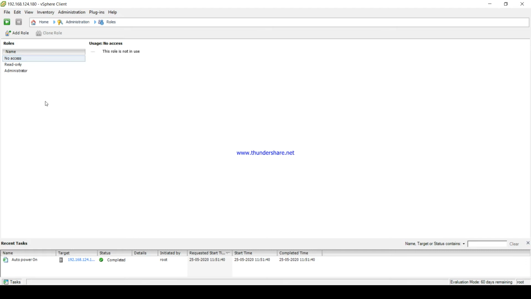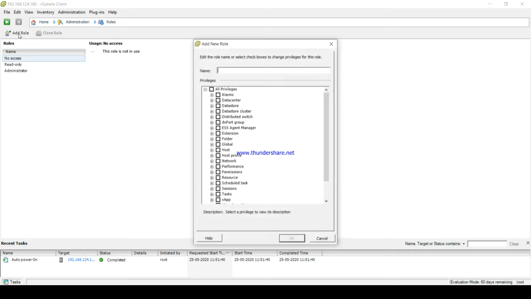If you want a user to log in into the ESXi server but only view the configuration, then assign the second role, which is called read only. And the third role which is available is administrator. If you have created a user and you want to give all the permissions regarding the configuration of ESXi to that user, then you can assign the administrator role. But if you want customized roles and permissions, then we will create a customized role now.